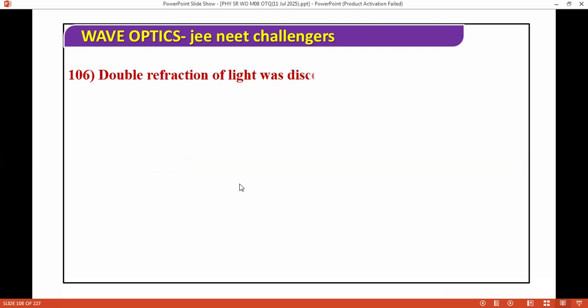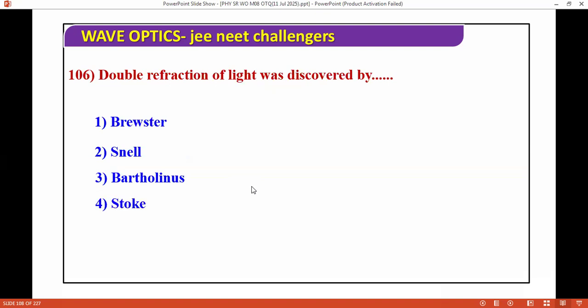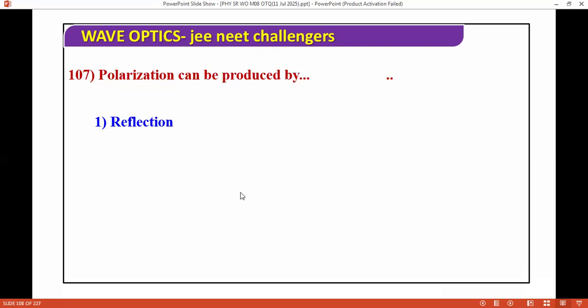Double refraction of light was discovered by Brewster, Snell, Bartholinus, or Stokes. The correct answer for this question will be Bartholinus. So double refraction of light was discovered by Bartholinus. Next question I'm moving ahead: polarization can be produced by reflection